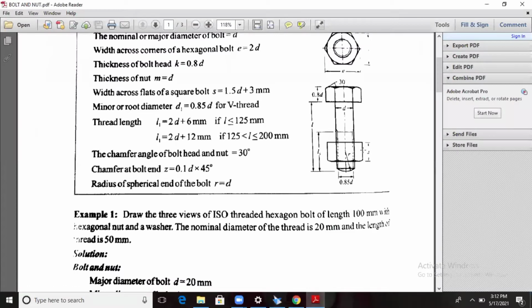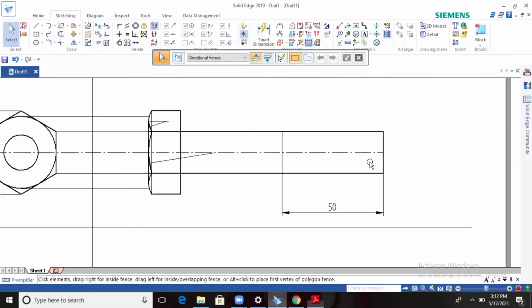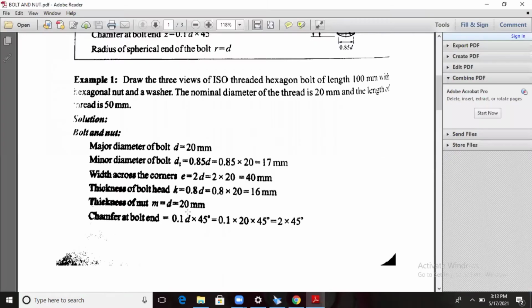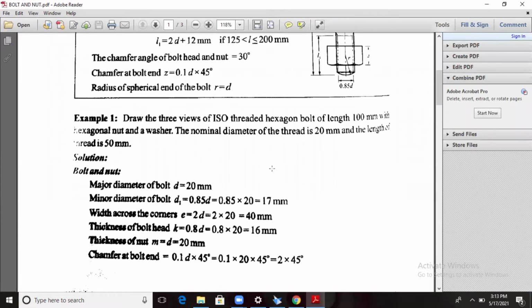After this, you have to make the nut here. Okay. You can look at the nut. So only the length changes. Remaining everything is the same. Only the length changes. Okay. So before that, I will make the inner thread here. Okay, what is the inner thread diameter? 0.85D. Okay, 0.85D. See, look at this one. 0.85D, 17 mm. Okay, inner diameter is 17.